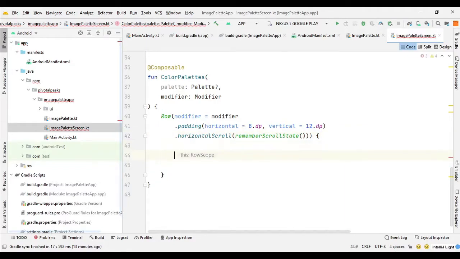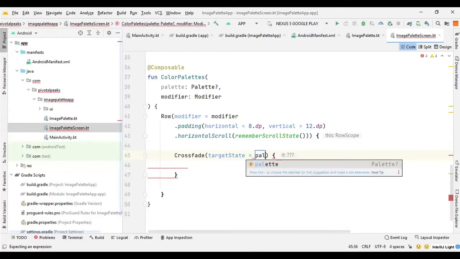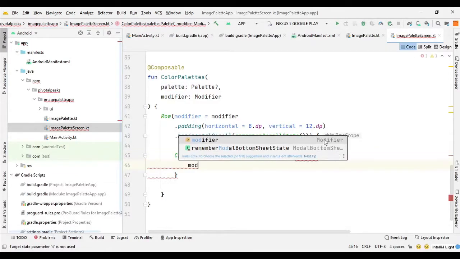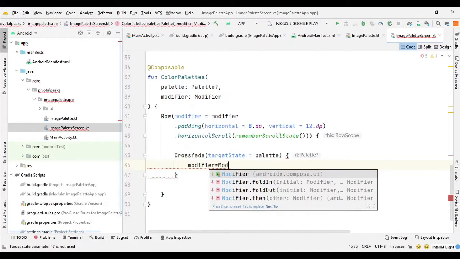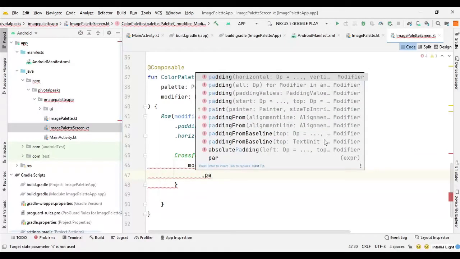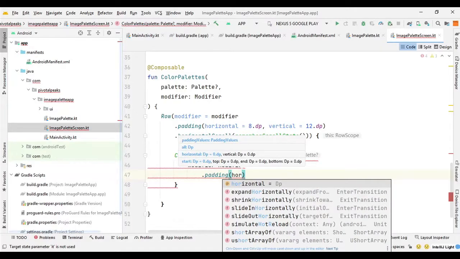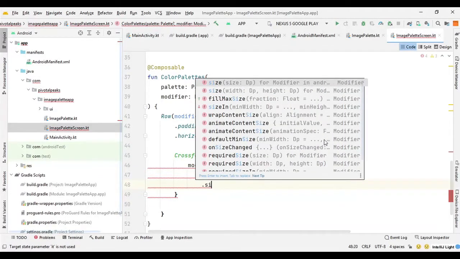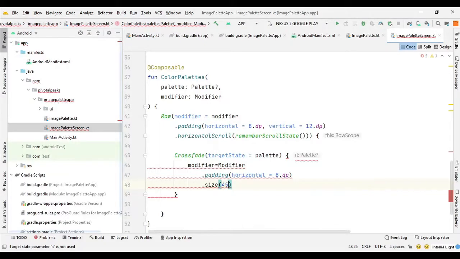So we can say here crossfade, and we can set the target state to palette itself, so palette, and then we can use the modifier, so we can say modifier equal modifier, and let's provide some padding, we can say padding horizontal, and we can say 8 dot dp, and let's give it a size, so we can say dot size of 45 dp.